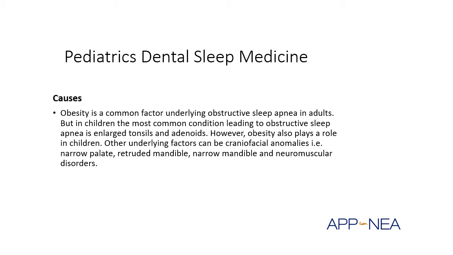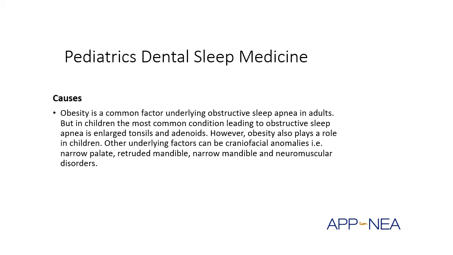Causes for pediatrics is most often hypertrophied adenoids and tonsils, but obesity is a common factor underlying this condition in both children and adults. As the rate of obesity is on the increase, we're seeing this factor more and more so in children as well. And the other underlying factors could be craniofacial anomalies such as narrow palate, retruded mandibles, narrow mandibles, and neuromuscular